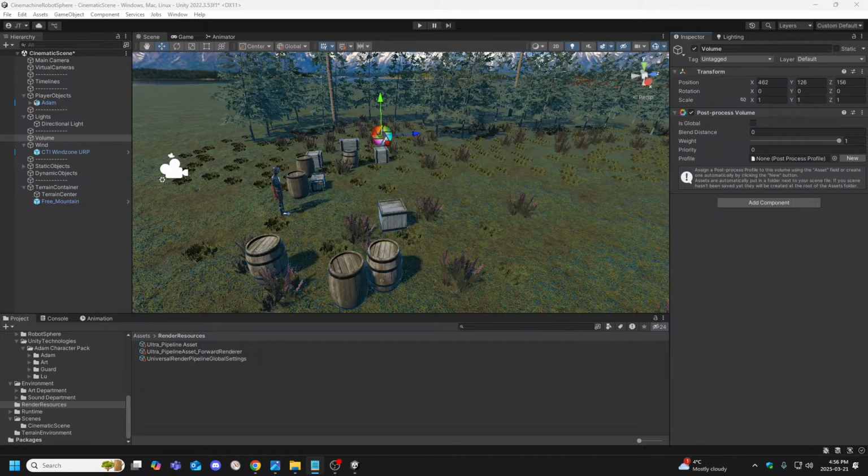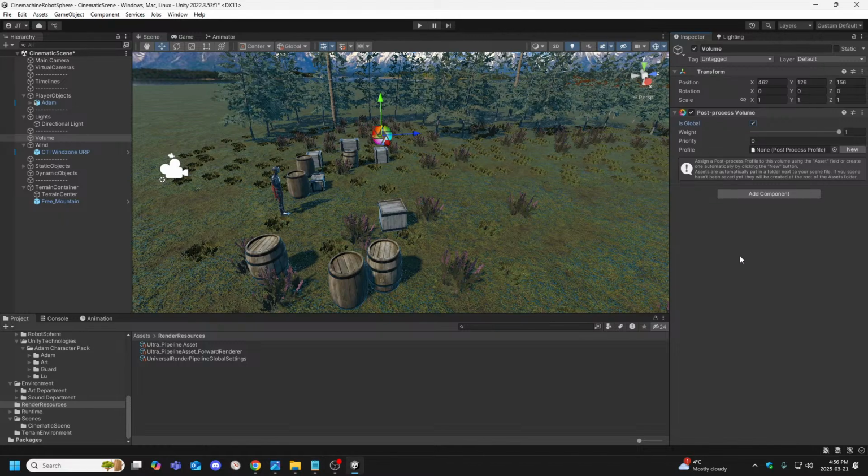Okay, so make sure it's set to the post-processing volume. Okay. I'm getting ahead of myself. Check is global. Right. Boom. We can and could still override this volume by setting another to a higher priority. Okay. These are priorities, right? One takes precedence over another. Order of operations. So click new to create a new